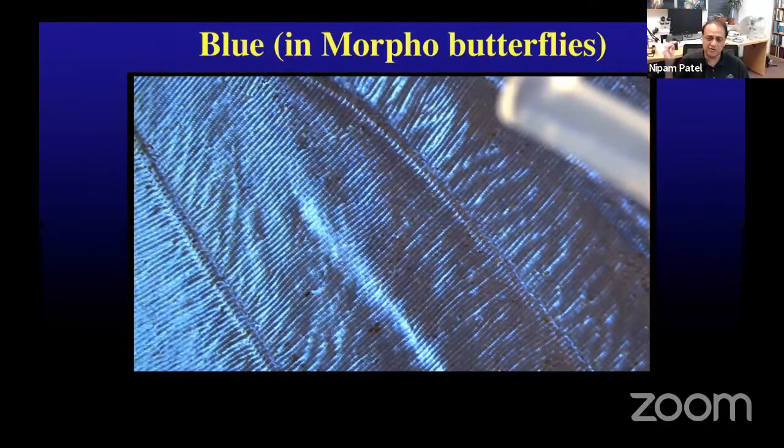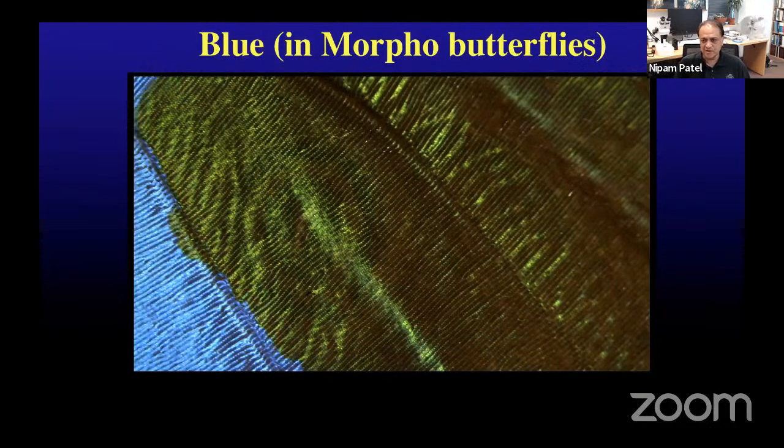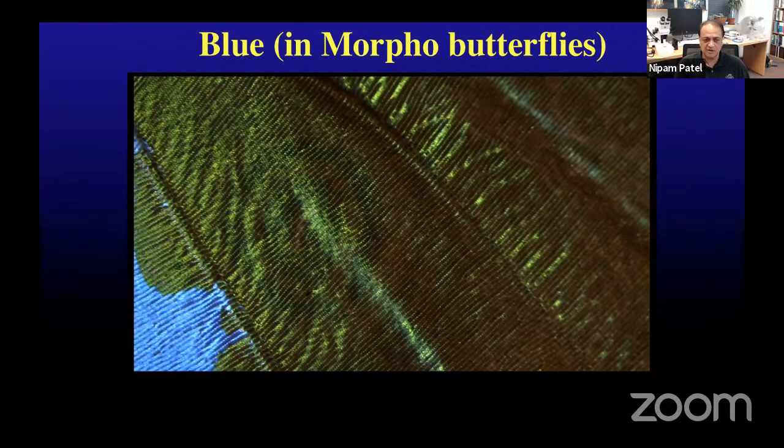And so normally you're going from a refractive index of 1 in air to 1.5 in chitin. But now when this drop of acetone drops on the wing, acetone has a refractive index of 1.3. So now the equations change, and for these structures the equations are a bit more complicated. But basically what you see now is instead of blue light undergoing maximum constructive interference, it's now green light. So you see this beautiful metallic green color instead, now that the air has been replaced by acetone.